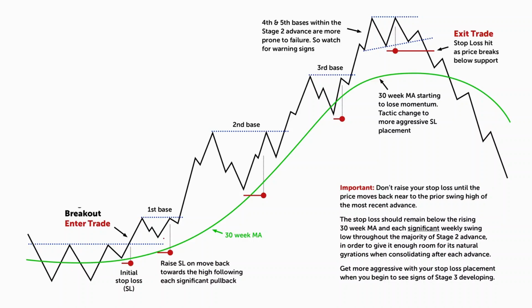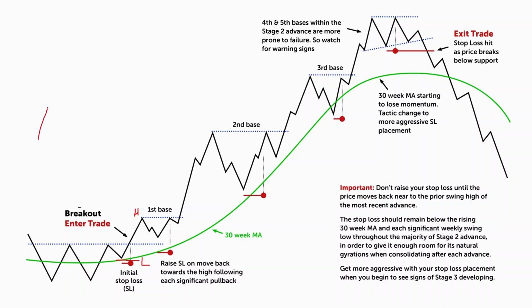So initially when it moved up, this is our entry and this is our level to mark as a stop loss. So this is a low and then it forms a new high and then the stock forms the first base. So base is basically a short term accumulation or a pullback where price either moves